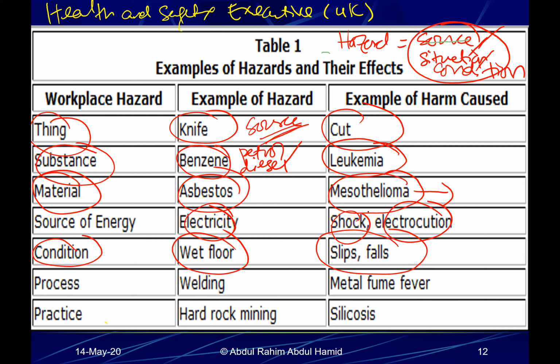When we talk about condition, you can refer to weather condition, hot weather, cold weather. Let's say working under hot weather, hot temperature, or even cold temperature will have some kind of health effect. And then process, welding. While you are doing welding, for instance, for sure you will release some kind of vapor. That vapor is very dangerous. If you inhale it, it has a lot of heavy minerals that eventually lead to cancer as well.